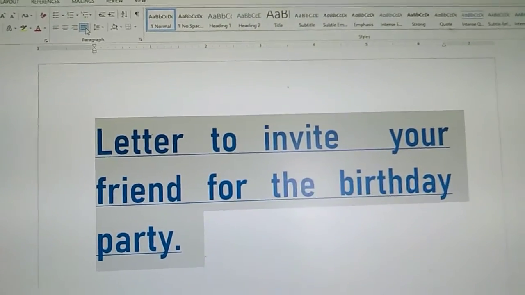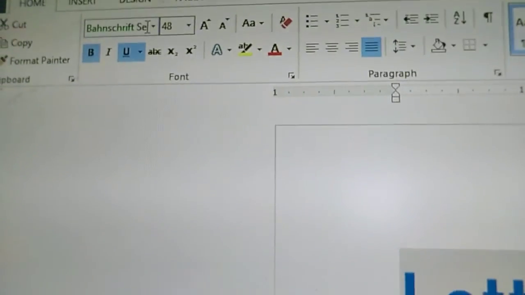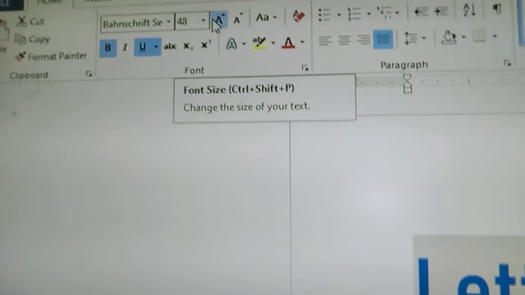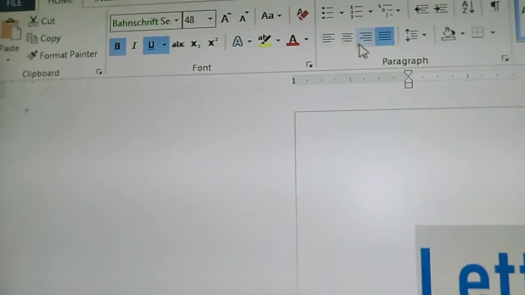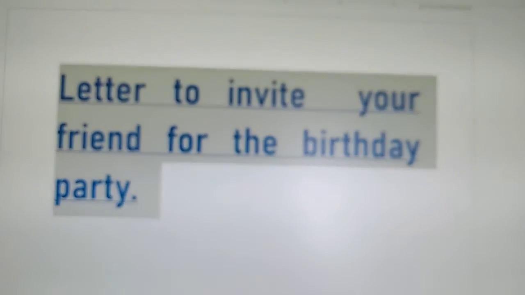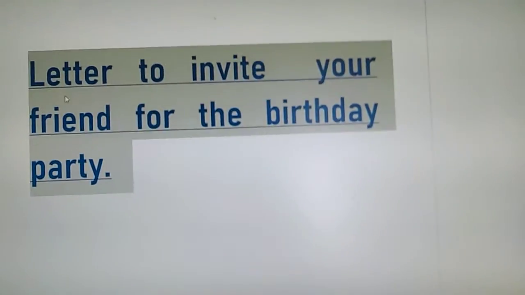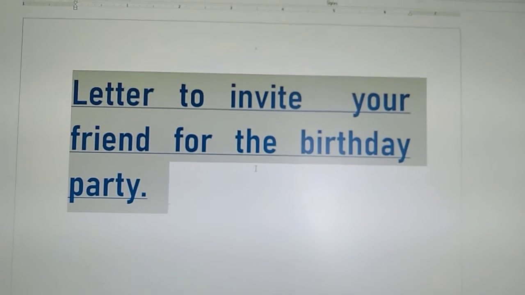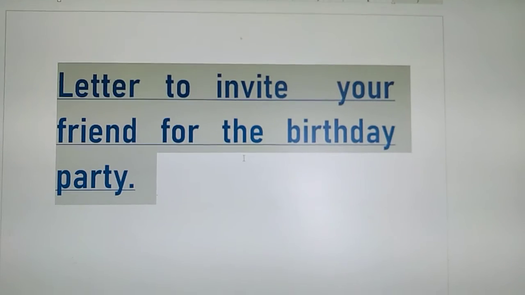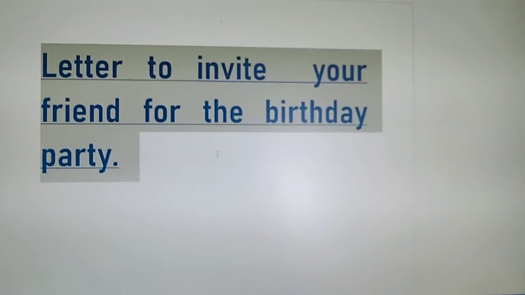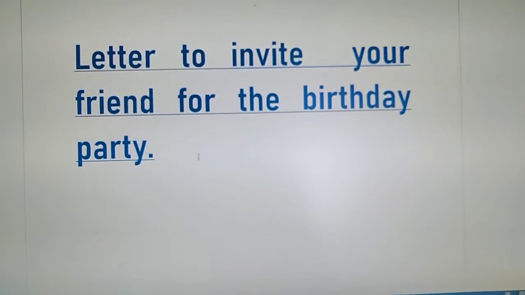So in this project you are going to use all these formatting commands. They are there on the formatting toolbar: font style, font size, grow font, shrink font, bold, italic, underline, and font color, and these are the alignment of the margins: left, center, right, and justify. Now I have written a few things in my document. The project says to save the document with the name birthday invitation. Before that it says insert a picture in the document.